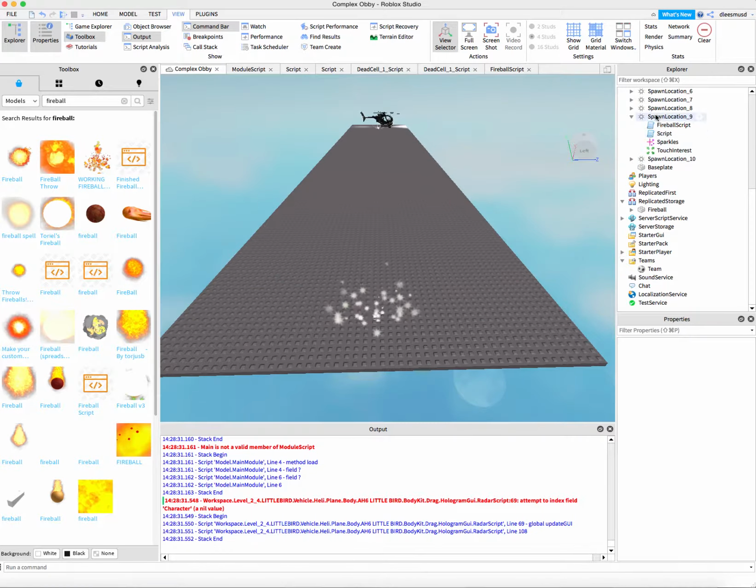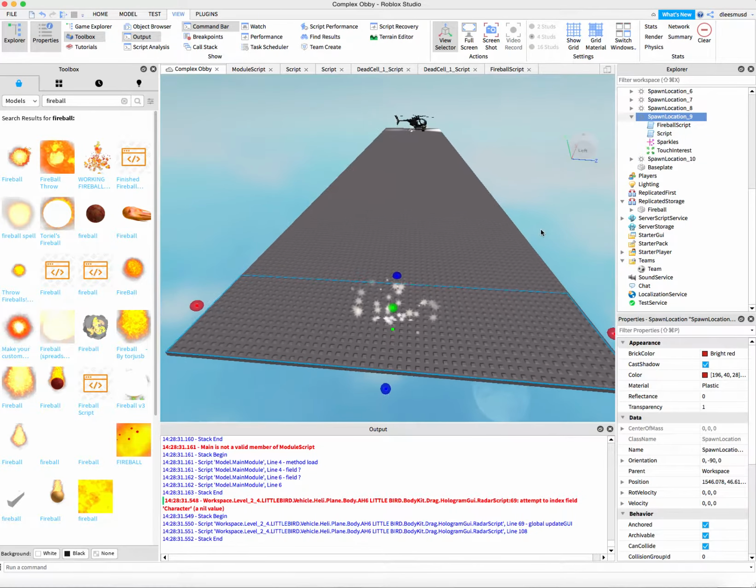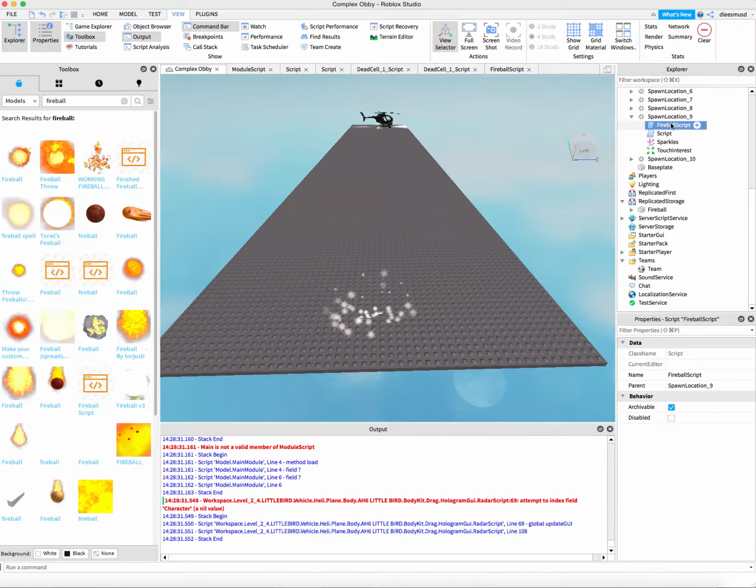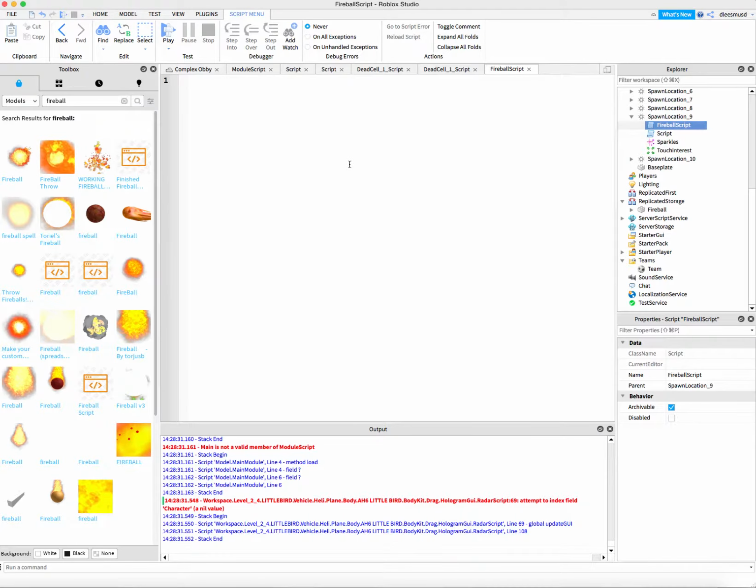Now what we want to do is go into spawn location 9 and go into the fireball script and start coding this. Okay. The first thing that we need to do is to get the spawn location and that fireball that we placed in replicated storage. We're going to do that by doing this. And then we need to add a touched event to the spawn location by doing that. We need to define our function by saying function on touched